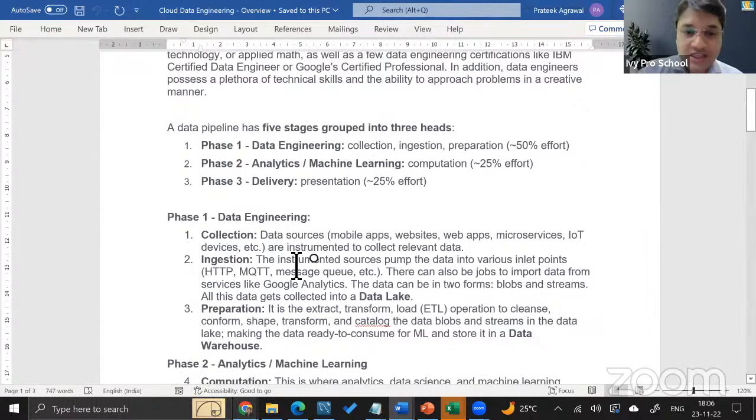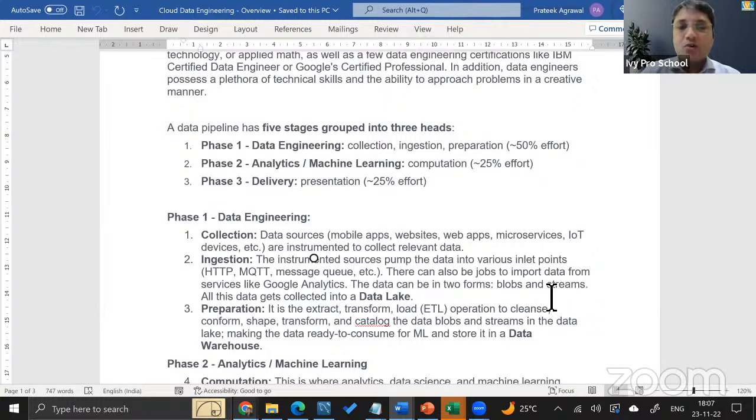The second is ingestion. Ingestion meaning that, when the data comes, right? How are you going to stream or send from these different sources to its destination? And the destination could be a data repository like a database, could be a data warehouse, could be a data lake, it could be any of these, right? So the idea is that here, when we are ingesting the data from different sources, it could come as packages like data packets, which we call blobs, or it could be live streams, like for example, when we watch cricket matches on Hotstar and similar platforms, right?